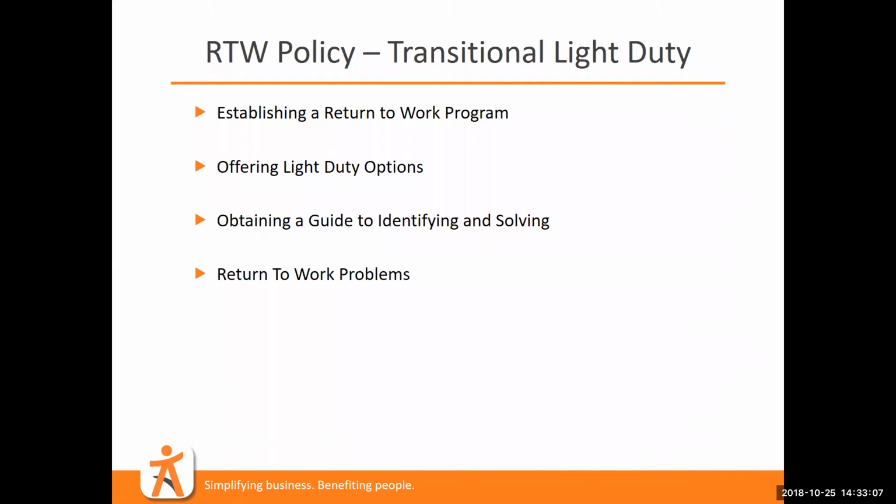The first step in a successful return to work program needs to take place well before the injury occurs. You need to establish a relationship with your medical provider. Diane talked about when you're reporting an injury, there are prescribed preferred providers that we use. And your medical provider needs to know that your company is willing to accommodate any light duty that might be